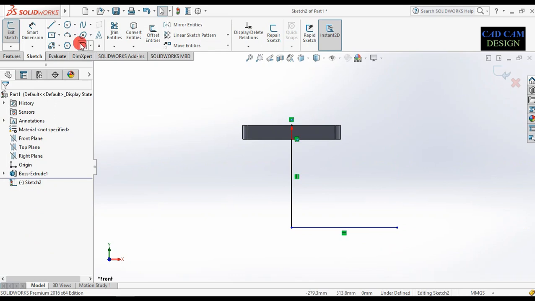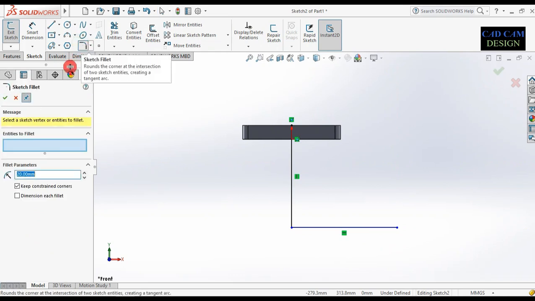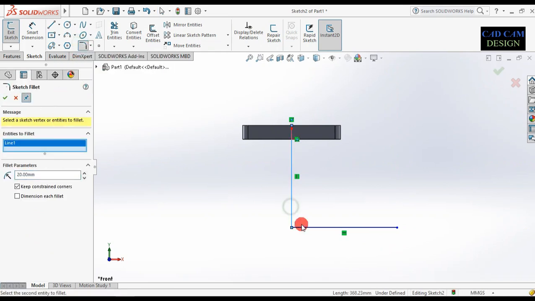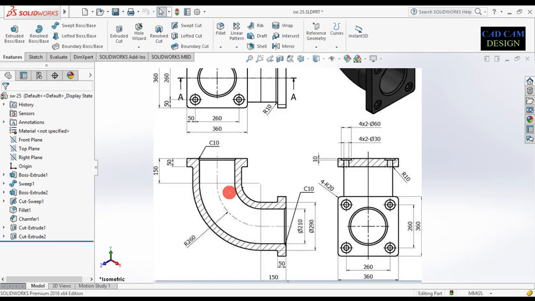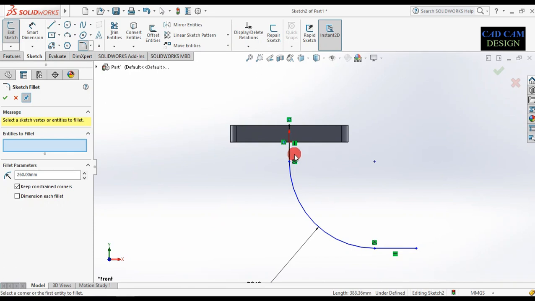Now go to this fillet and select, and both line dimensions are 260, and okay. Now first of all this dimension is 260, the radius will be 150, this will be 150, and this is 50 thickness. Now done.